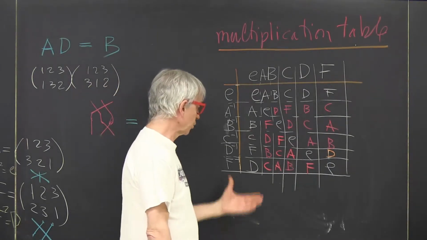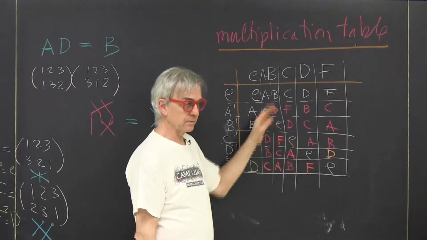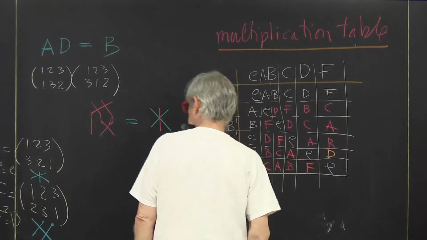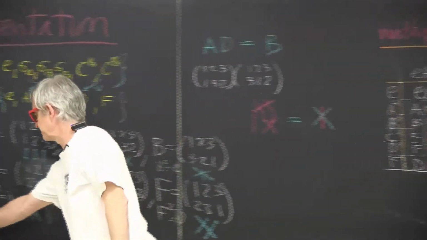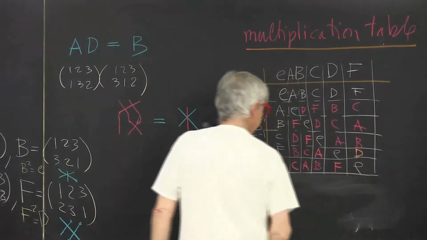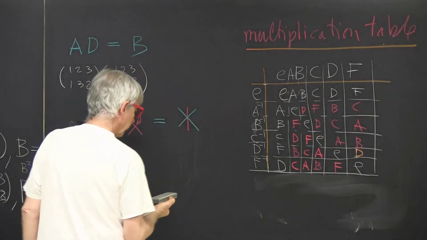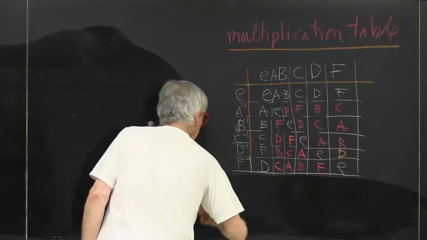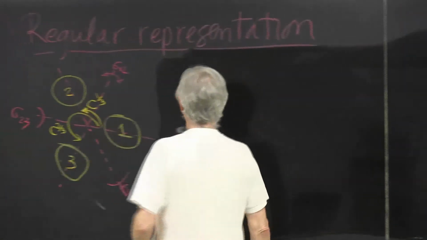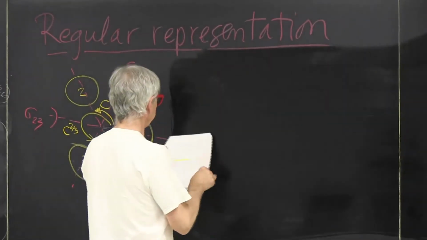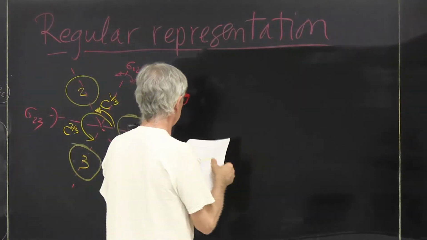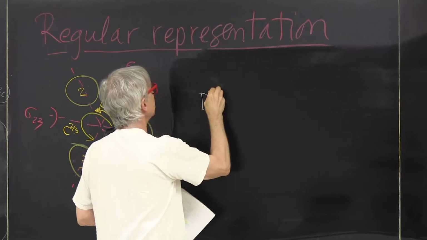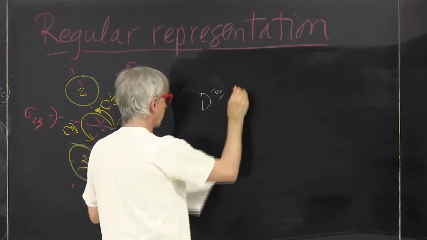A typical finite group is a subgroup of a permutation group. So it has some more specific structure, and this is very general. And now, what does this have to do with the regular representation? So I can write matrices in the following way. I can write a matrix D, index regular,